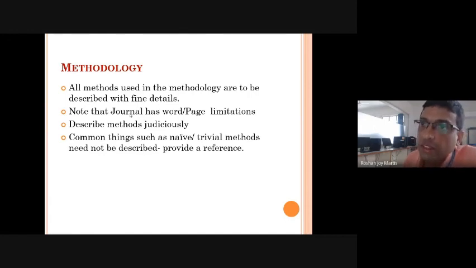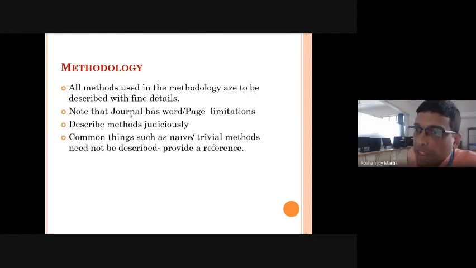Already existing things are there, you can mention and give a reference and you can proceed further. But you need not keep explaining methods in your paper. When you mention contents of any paper, you have to give the due reference there itself in square brackets, or in a different manner you can give the references. It depends on the journal for which you are submitting the paper. Reference style varies from journal to journal.